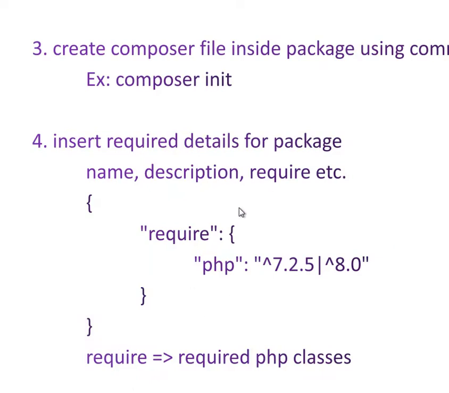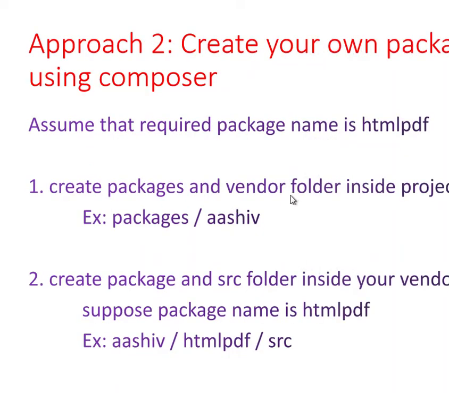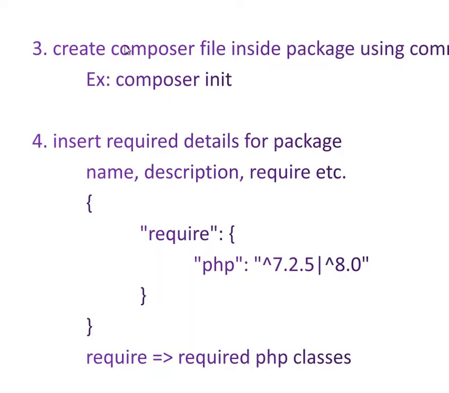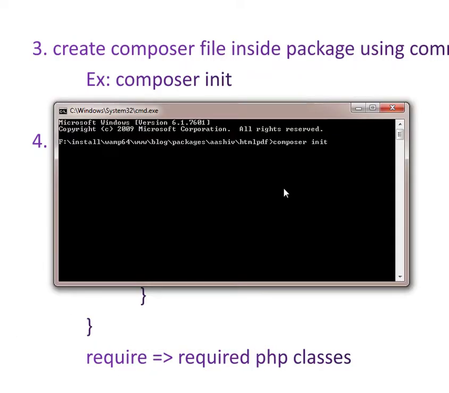Next we have to follow this project structure and create the composer file inside the package. The composer init command is used, and in that command we have to mention all details,